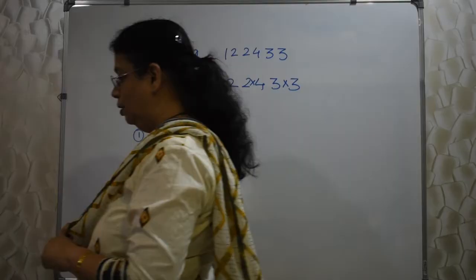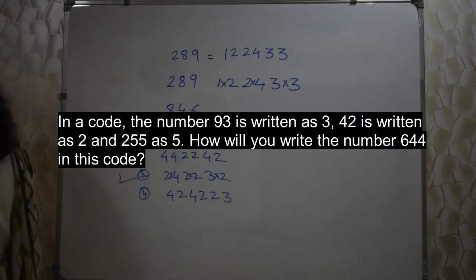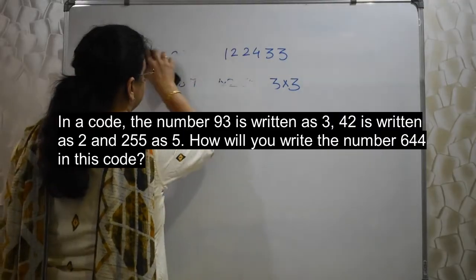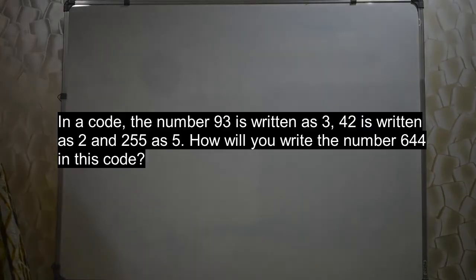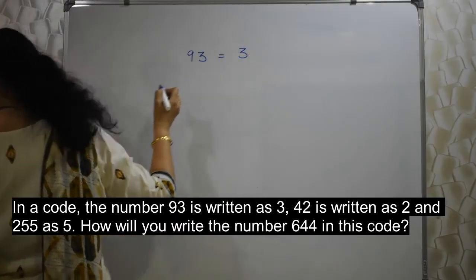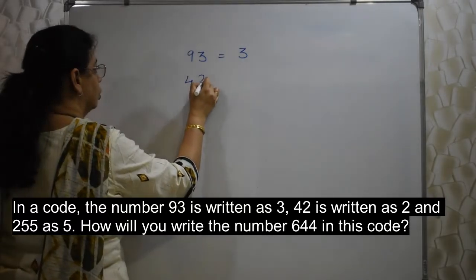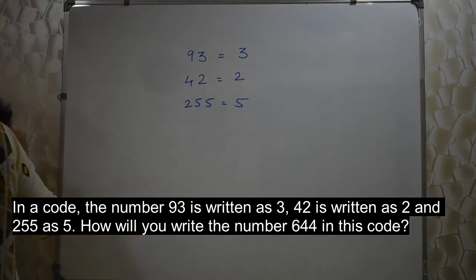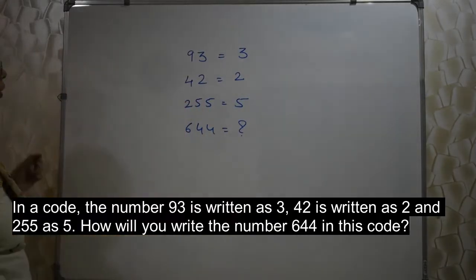Okay. Let's take the next example. It will appear on your screen again. What have they given? 93 is, they are just saying it is 3, not 93. Code language. 42 as 2. 255 as 5. Okay. So 644 is what? Now